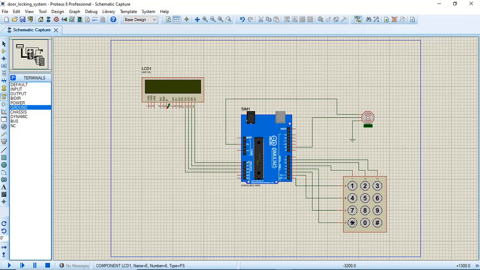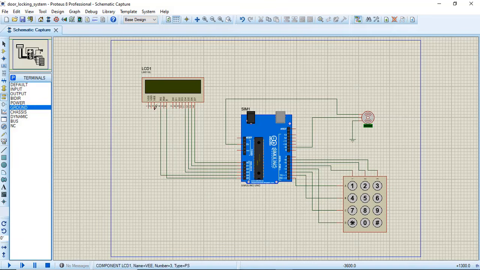Next thing what we require is enable pin and reset pin. So enable pin, I will connect this to 5, and reset pin I will connect it to here.